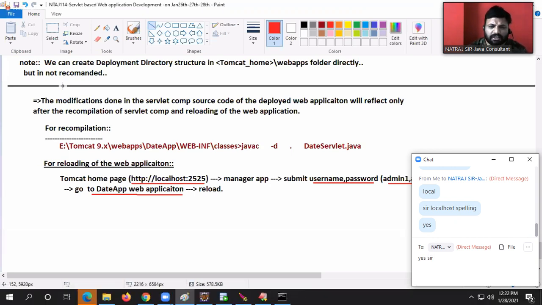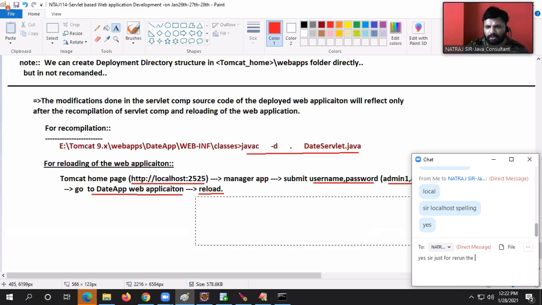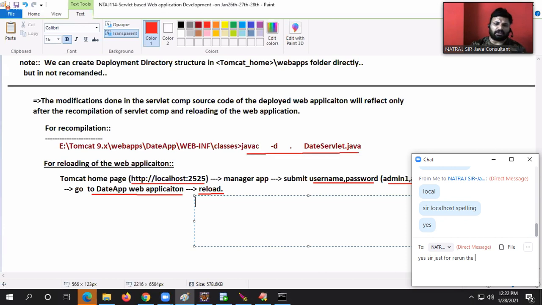So modification done in the servlet component source code of the deployed web application will reflect after recompilation of the servlet and reloading of the web application. Sir, what do you mean by reload? When we reload the web application, all existing objects will be destroyed, including our servlet class object.